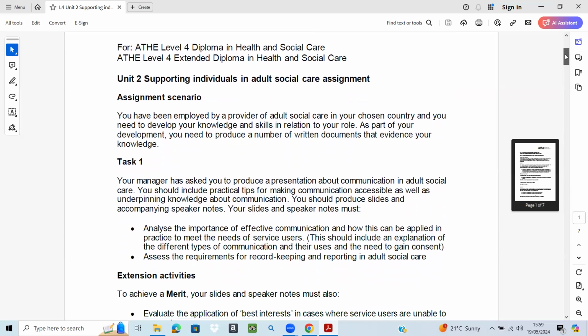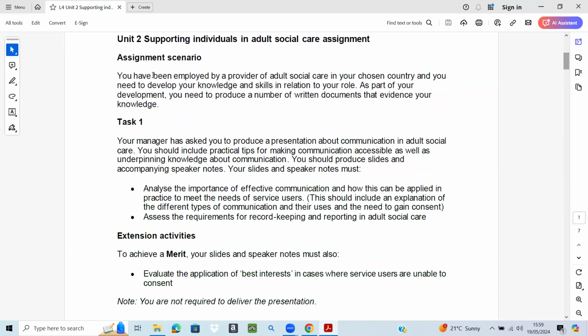Here they have given us a scenario. In the scenario you have to think that you have been employed by a provider of adult social care in your chosen country. In our case it would be the United Kingdom, the UK,